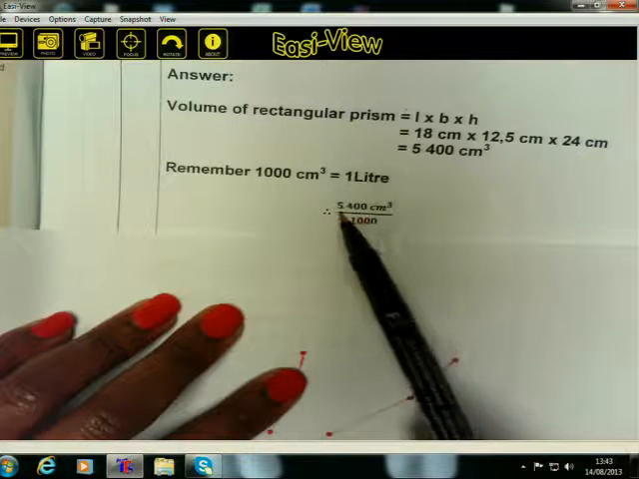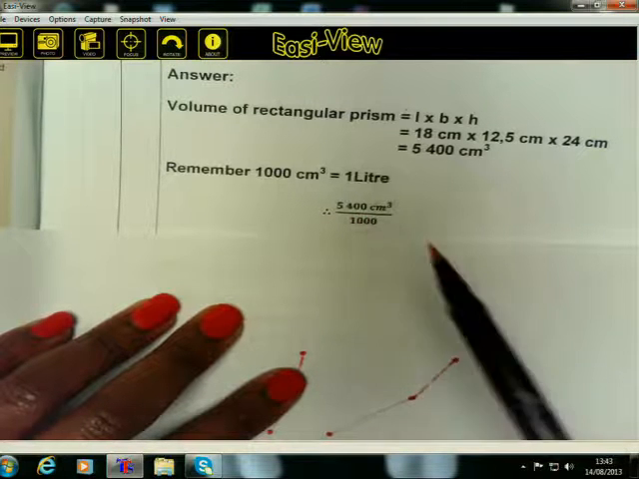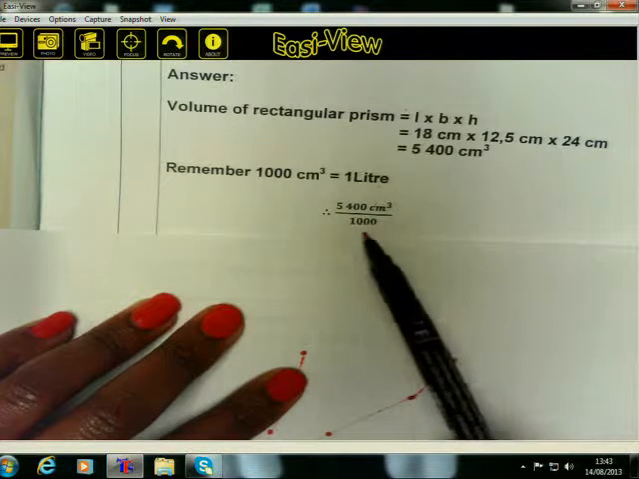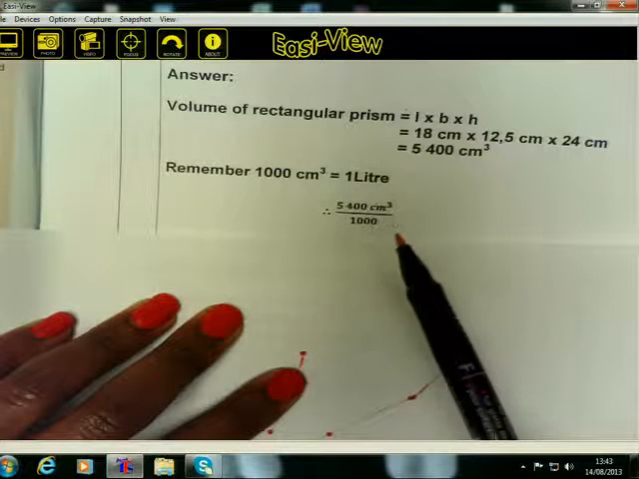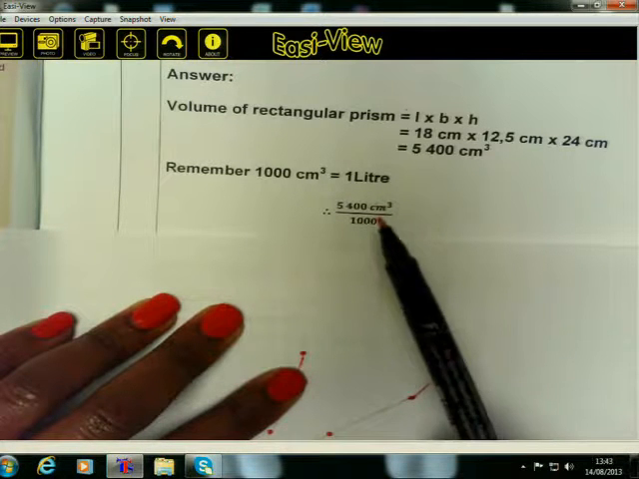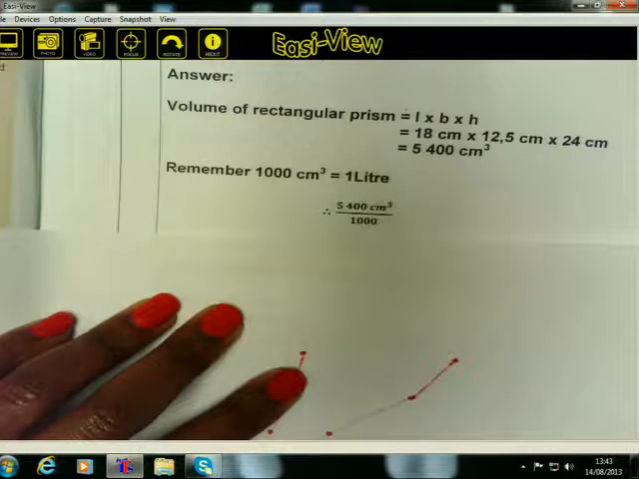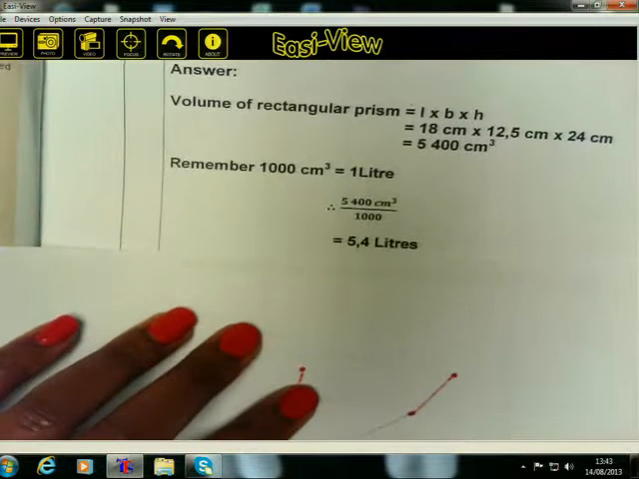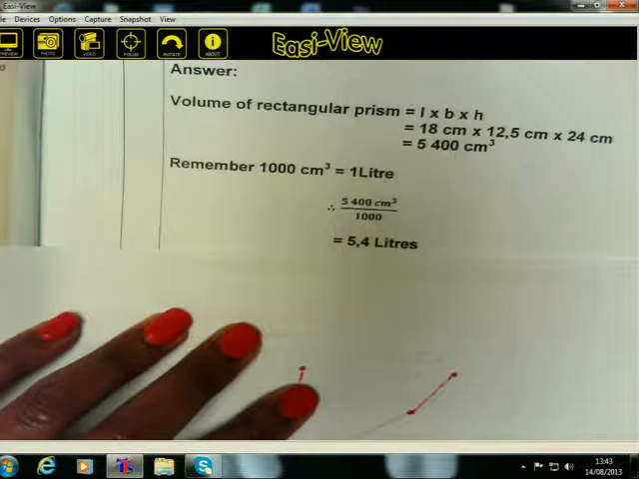Therefore, 5,400 cubic centimeters divided by 1,000, because we are converting these cubic centimeters into liters. Therefore, we divide by 1,000. Dividing by 1,000 will give you an answer of 5.4 liters. But remember, grade 12s,